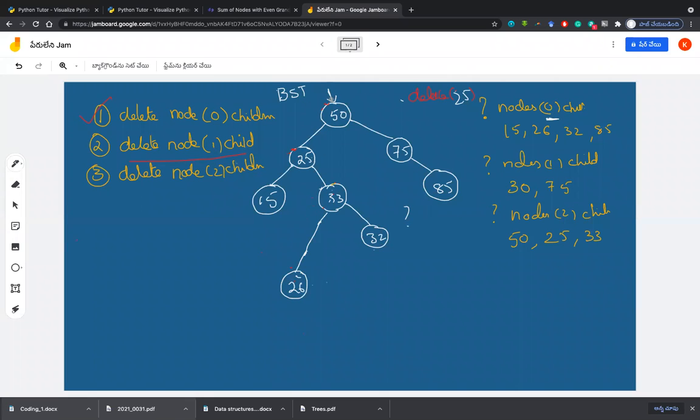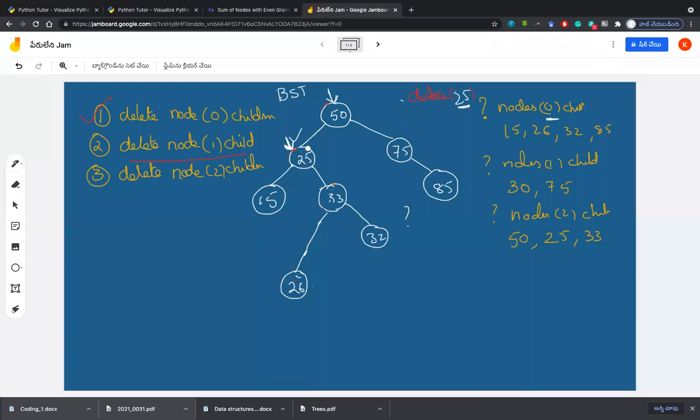So once I am at 50, I will check whether my 25 is 50 or not. If it is not so, because 25 is less than 50, I will check the left side node. Yes, the left side node is equal to 25. Both are matching. So I will traverse to the next thing, of course, the node I want to delete. Now comes the logic.